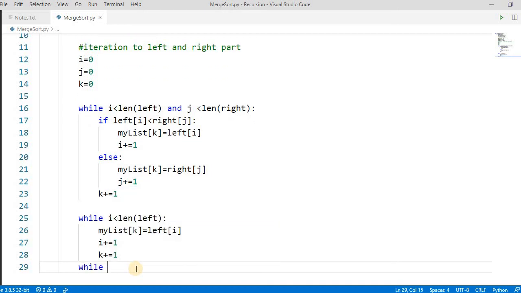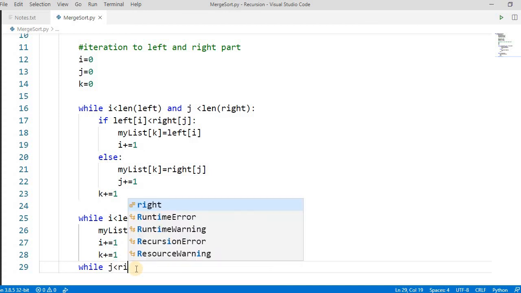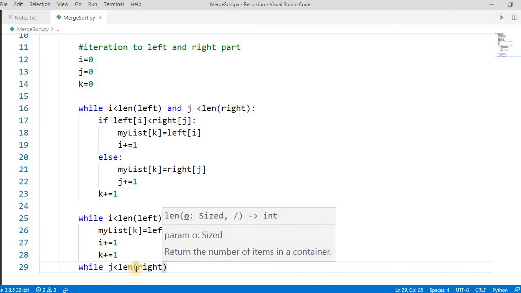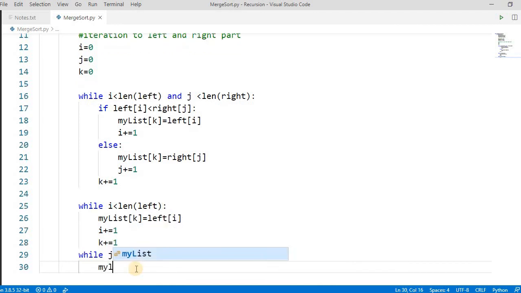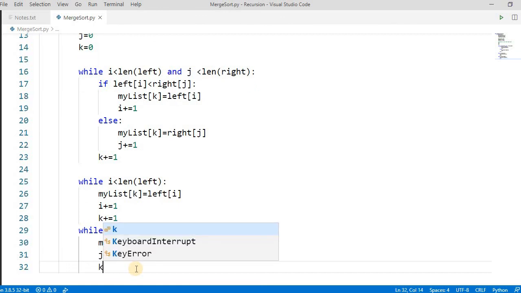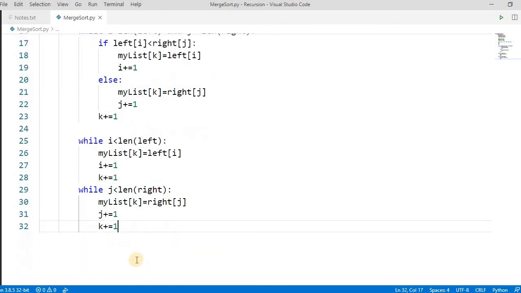The same we have to do for the right: while j is less than the right length, my_list[k] equals right[j], and j plus equal to 1, k plus equal to 1. If you are able to understand the logic behind it, implementation is not that tough. So first try to understand the logic.